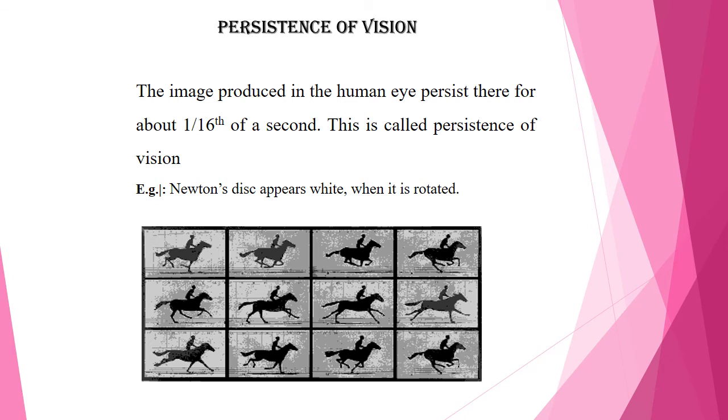There are many examples. As one example, we can take Newton's disc. You know, the 7 colors painted on the disc, when it is rotated, it appears white. The movies that we see are actually a number of separate pictures in proper sequence. When they are made to move across the eye at the rate of 24 pictures per second, that means faster than 16 per second, we see them as a moving picture. So there are many examples of persistence of vision. So let us watch one of it.